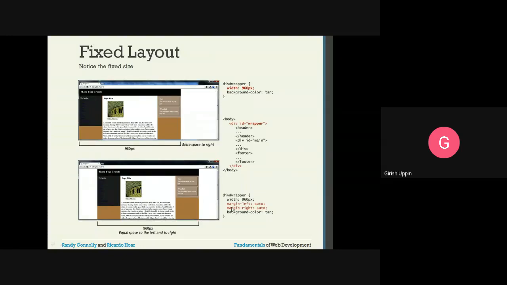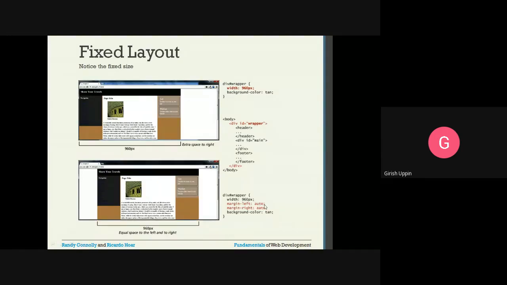Now if we add two more properties, margin-left as auto and margin-right as auto. So what is margin-left? The margin from the left; this is the parent. From here, this is the margin left, and this is the margin right.